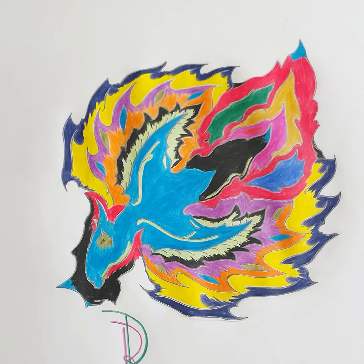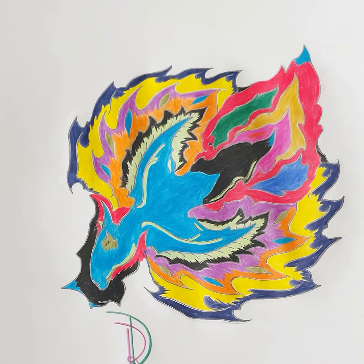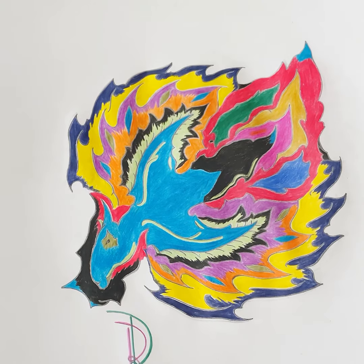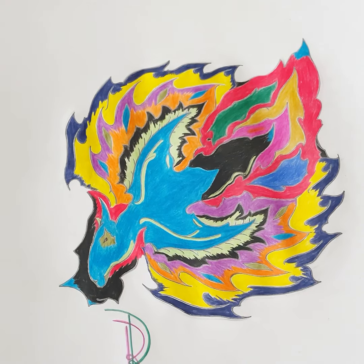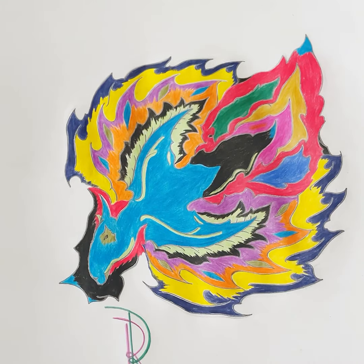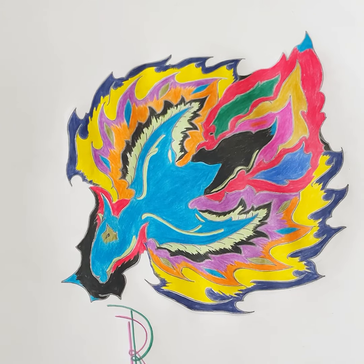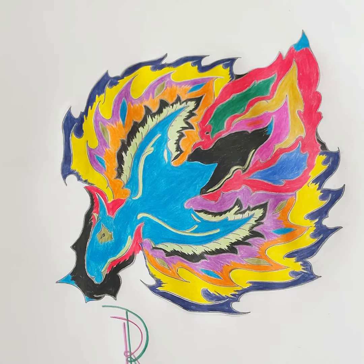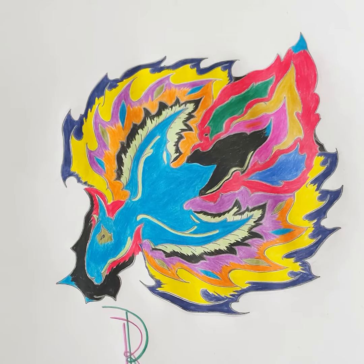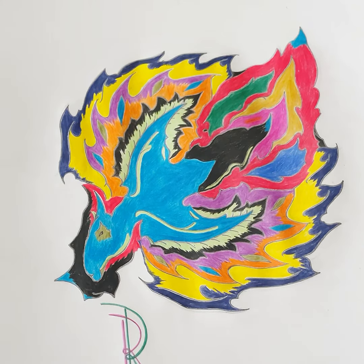So I started out with the body. I think it was called cerulean blue, and I used gold around the eye and lime green for the accents, and black, obviously you can see that, for the lower body. And then the wings, that's yellow, orange, and orchid, which is that purple, and gold, and that cerulean blue again